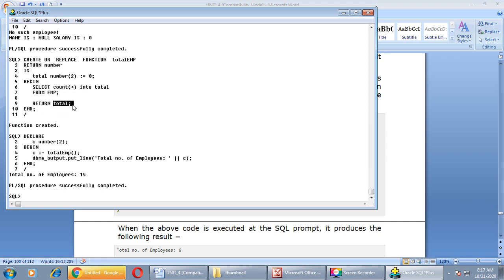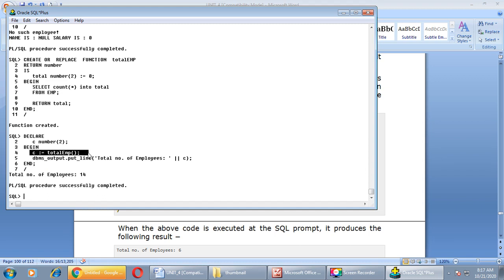Let us try to understand what is written in our PL/SQL block. Here the PL/SQL block begins with the declare keyword. It has one variable defined, of number data type. As you can see, C is a number type of variable. The begin section begins with the begin keyword. C equals to, we have assigned the name of the function.